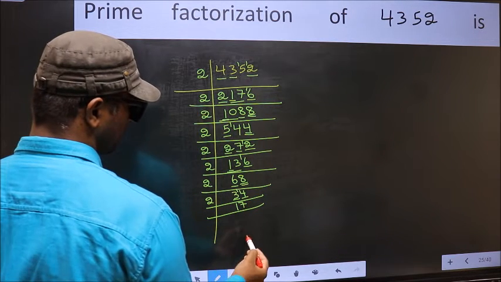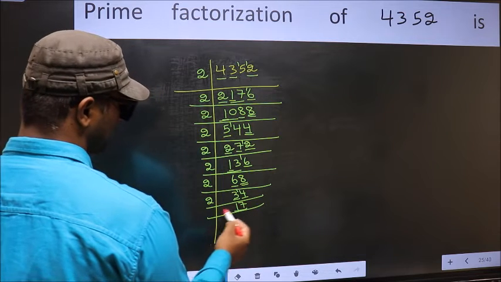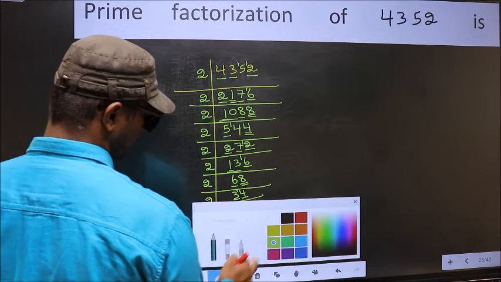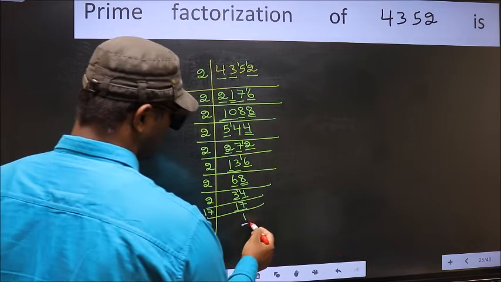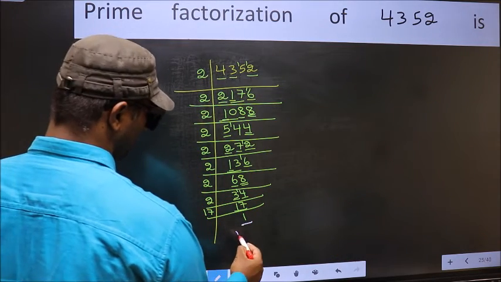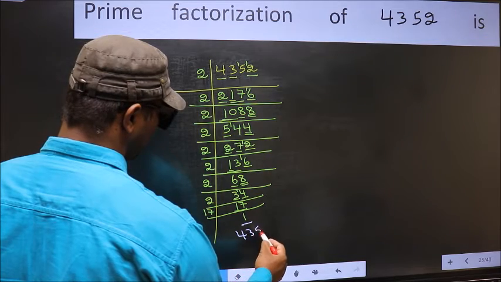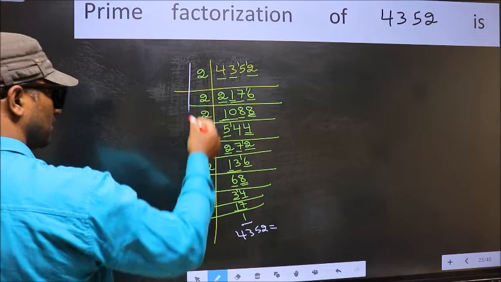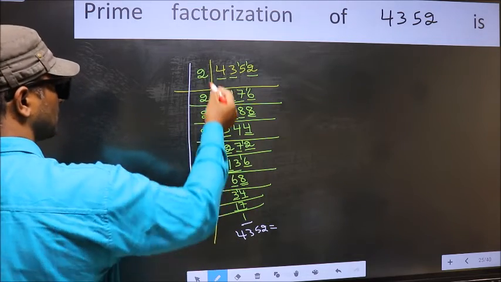2 7's 14. Now here we have 17. 17 is a prime number, so 17 1's 17. So we got 1 here. So the prime factorization of 4352 is the product of these numbers,